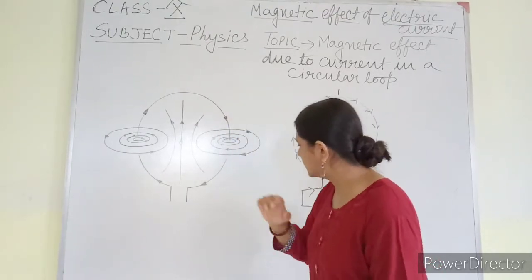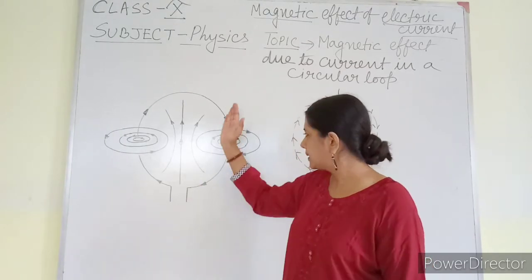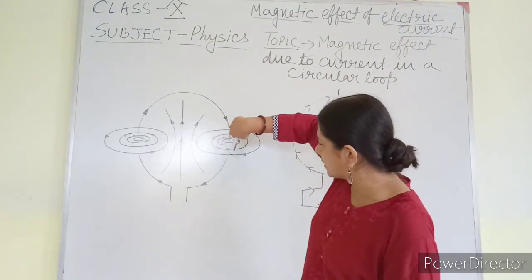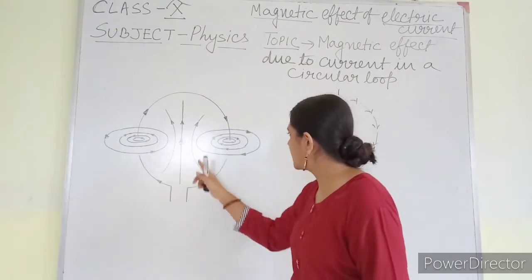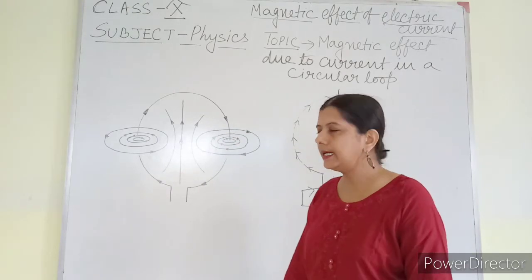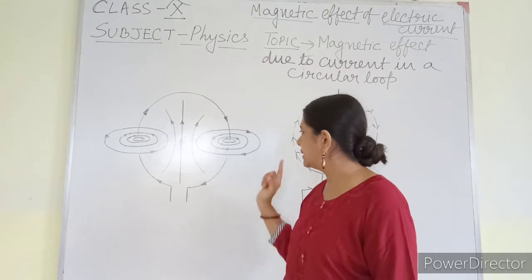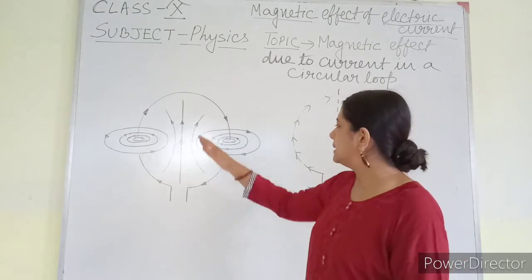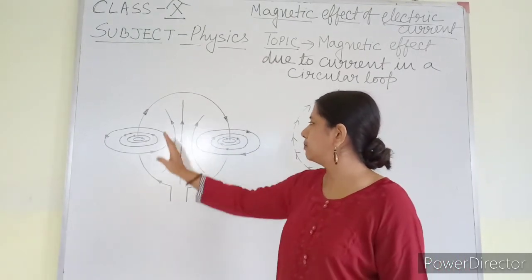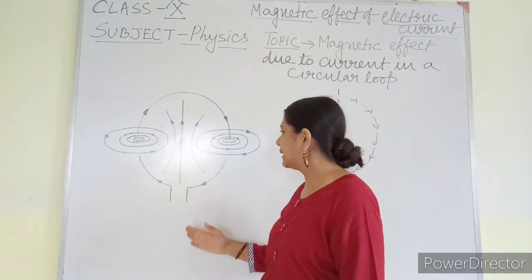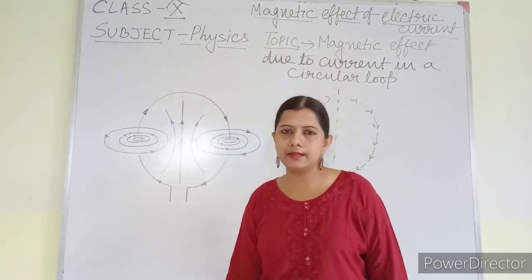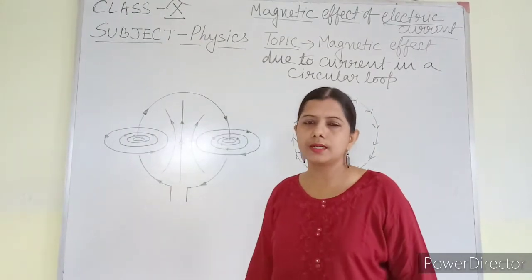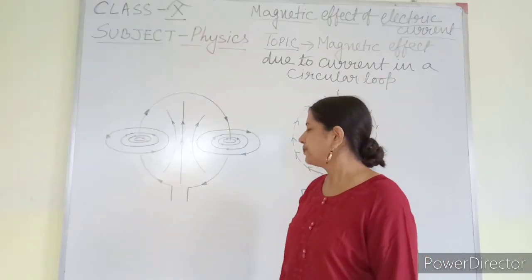The current is flowing on this side in the downward direction. If it is coming in the downward direction, how do we use the right hand thumb rule? I will use the right hand thumb rule in this way. So these are clockwise direction. The magnetic field produced around this point is in the clockwise direction, and again many circles have been formed, and these circles are becoming bigger and bigger. So ultimately they are also making a straight line at the center, and at the center we can find the direction is the same, that is, this one is the direction. There is no change in the direction.